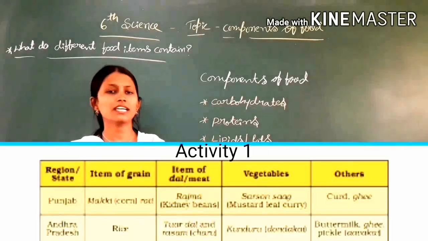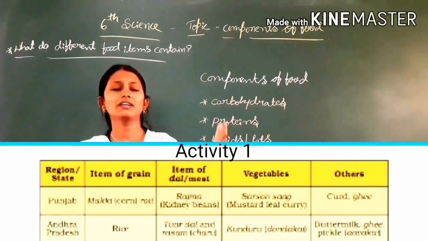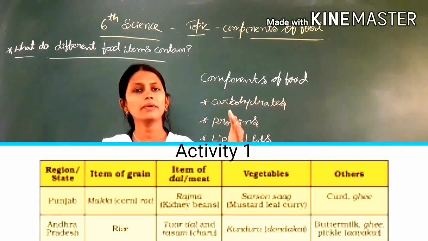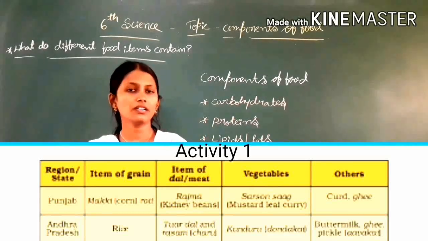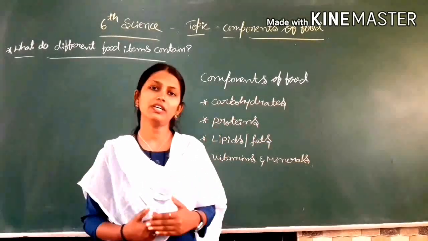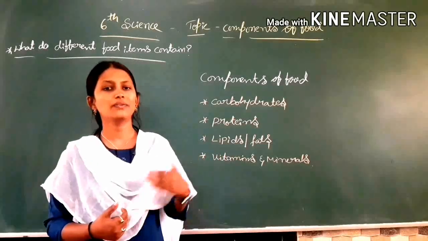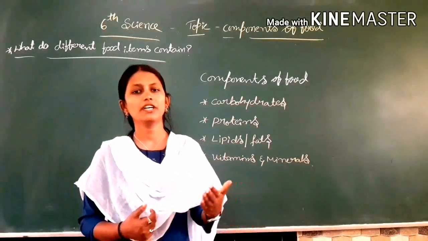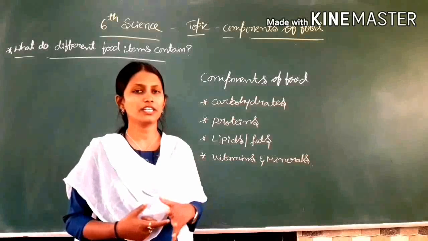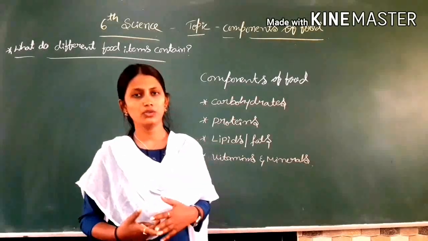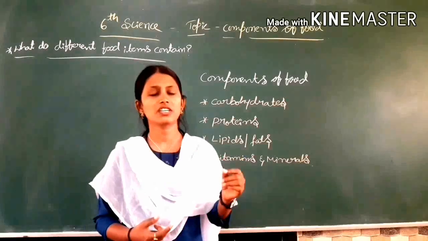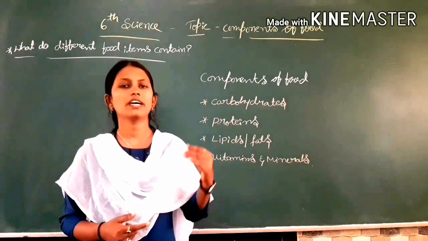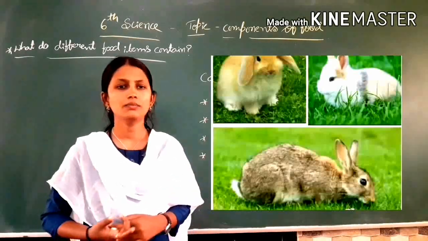From this activity we have learned that there are different varieties of food items we eat. Suppose your mother prepares the same kind of food item, then you argue with her, because we need different varieties of food. Why do we need them? Of course, because they are providing us different nutrients. Each dish is usually made up of one or more ingredients which we get from plant and animal products.